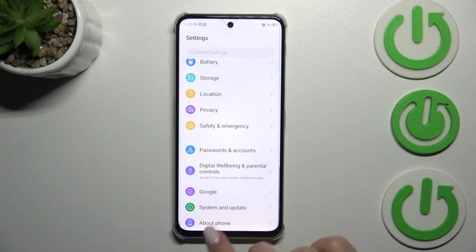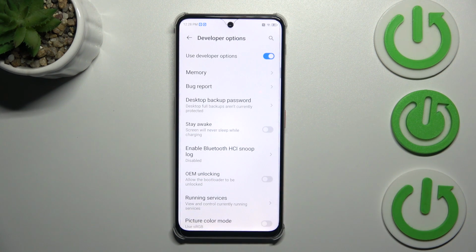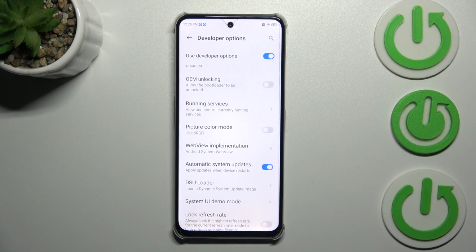So now we can go back and enter System and Update and enter Developer Options. Here we have to scroll down just a little bit to find Automatic System Updates. As you can see, in my case this option is turned on. However, if you've got it turned off, all you have to do is to tap on the switcher,